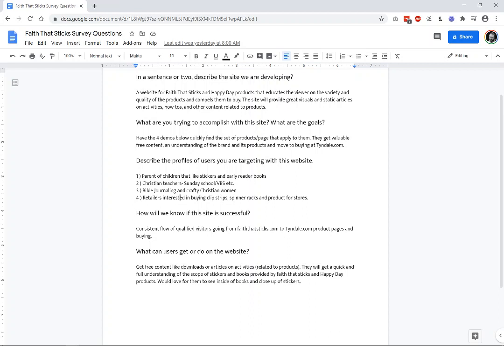And then some metrics. How do we know if the site is successful? And what are users going to be able to do when they get to the website? So that gives us a little bit more detail about what the expectations are to provide for users to do activities, interactions, things like that. So there's not a ton of information here, so we're going to have to